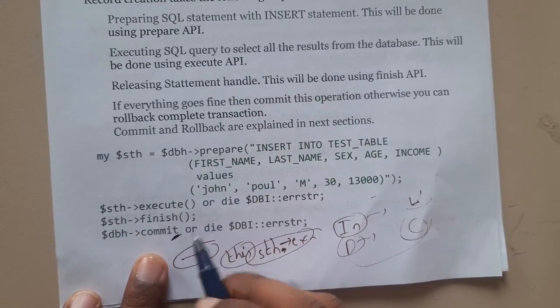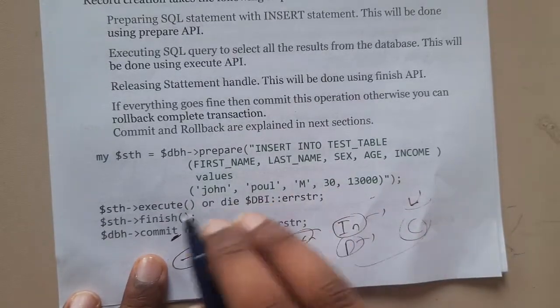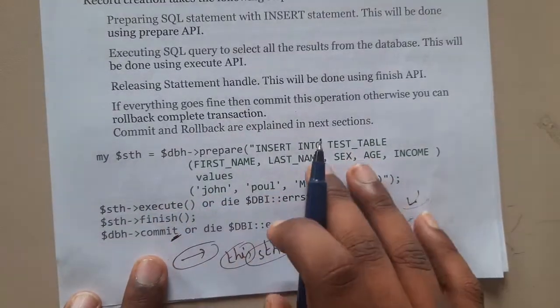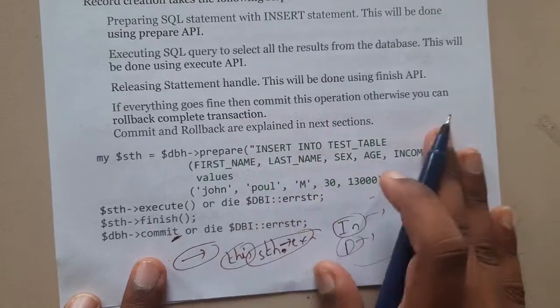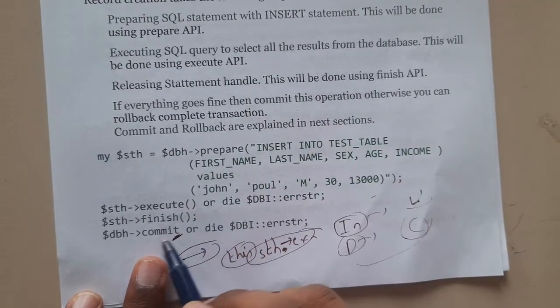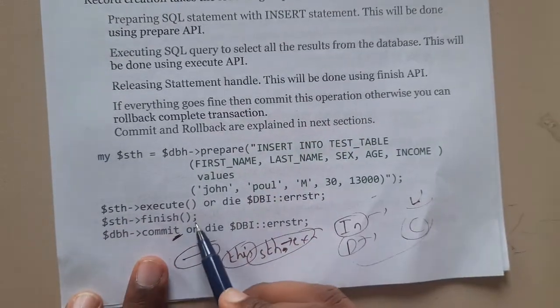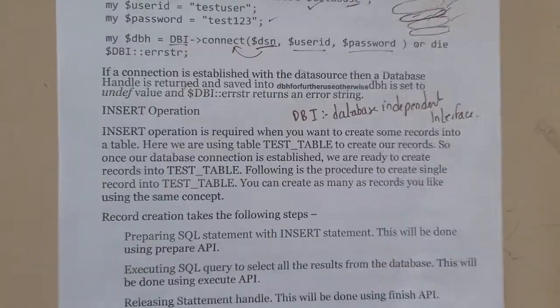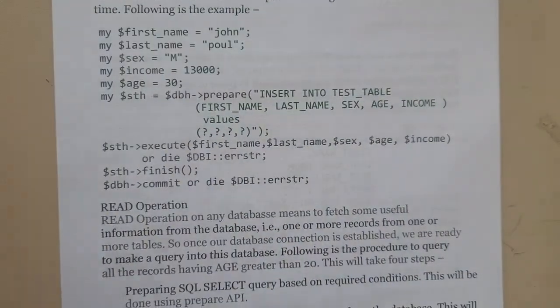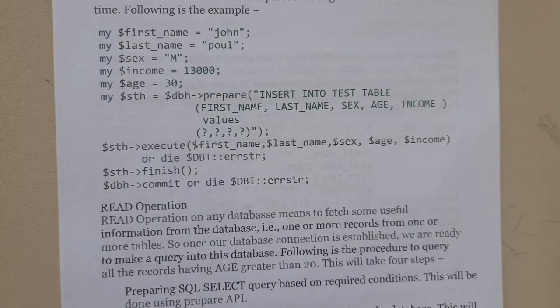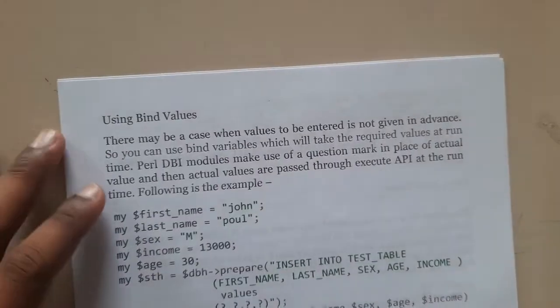Commit is nothing but finalizing the saved things, like save as, and you will be saving it permanently. Okay, and you can roll back if you need. Finish is nothing but to close the connection. Once you're done with it, you can use multiple types, guys.